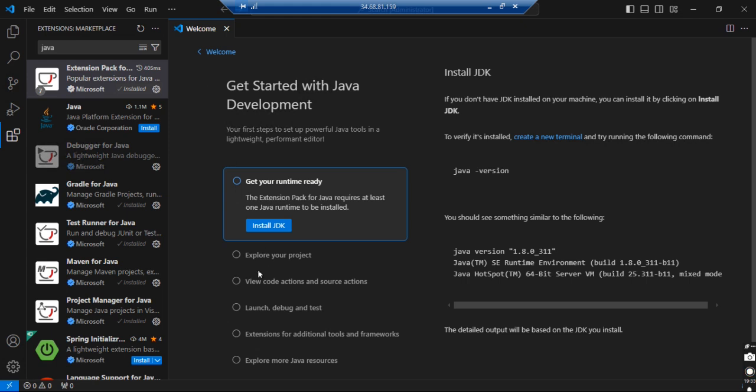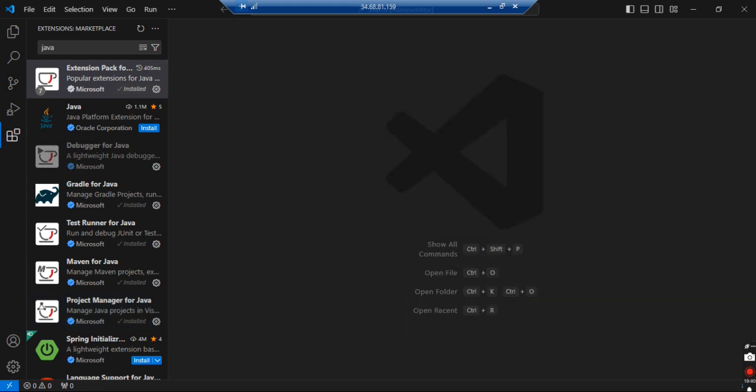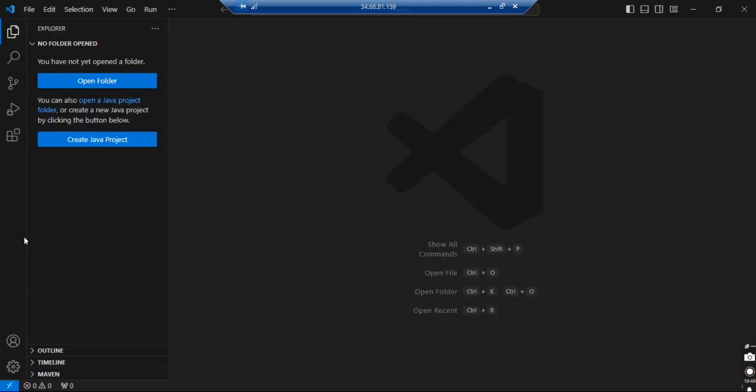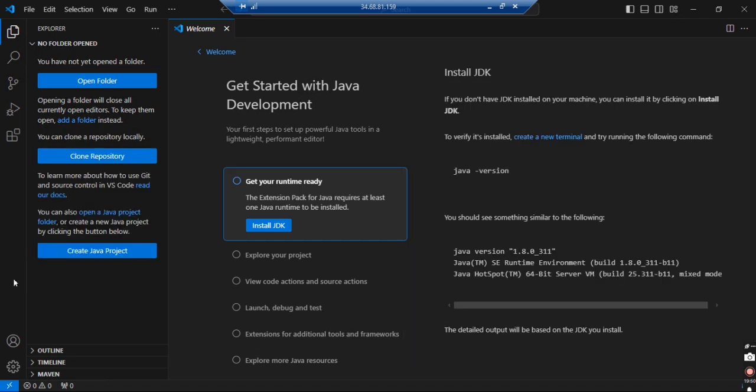It is installed. We had already installed the JDK, so we need not worry. Just close this, close VS Code also, and just restart VS Code. That's it. Okay, once you have restarted VS Code, here you can see the options for